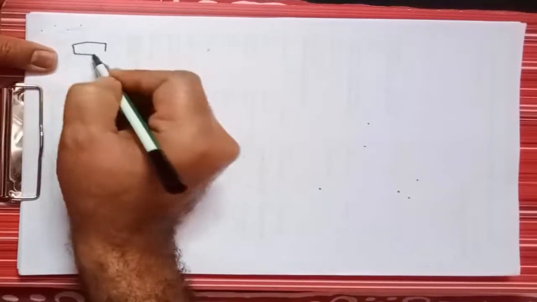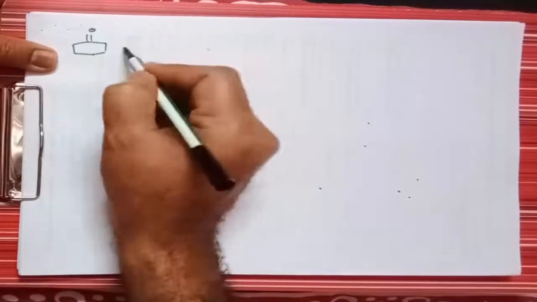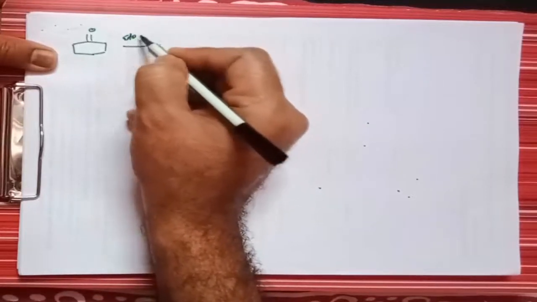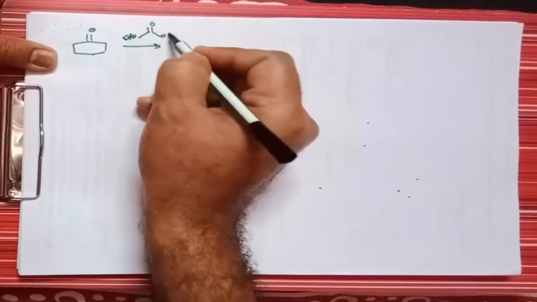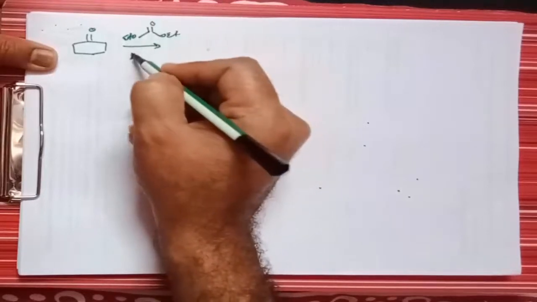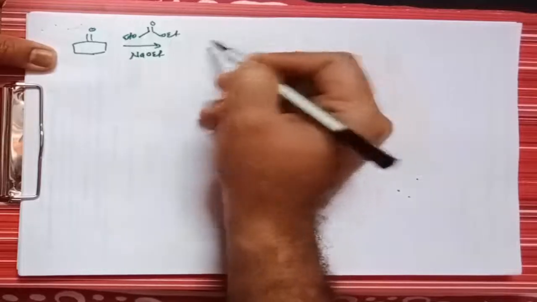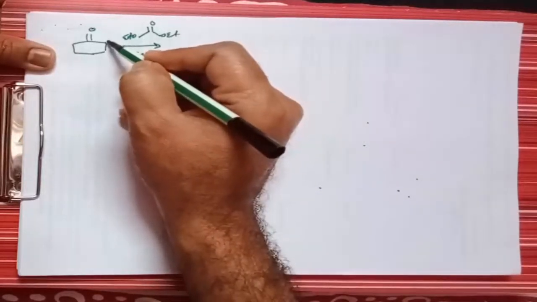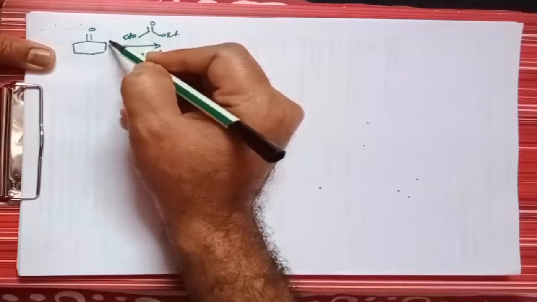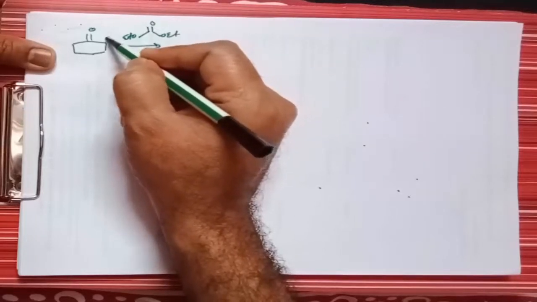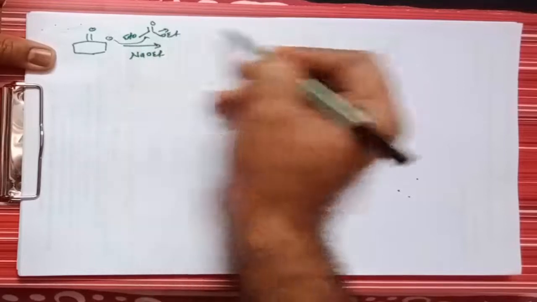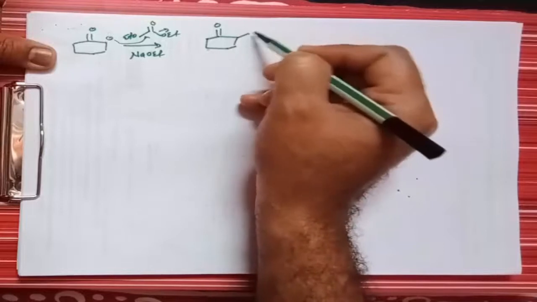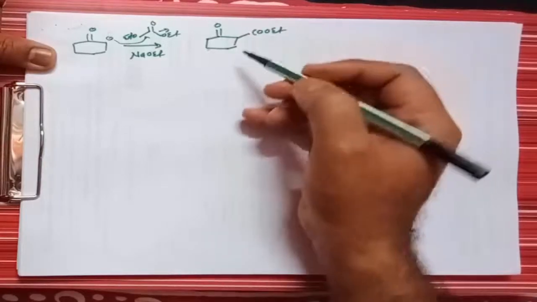So in one route we can activate the cyclohexanone. How can we activate it? That means we have to take diethyl formylate in presence of sodium ethoxide and ethanol. So what does it give? The base will take the proton adjacent to the carbonyl, right? And then the negative charge will attack this group and it will be removed, and it gives formation of such type of cyclic ester, COOEt, right?